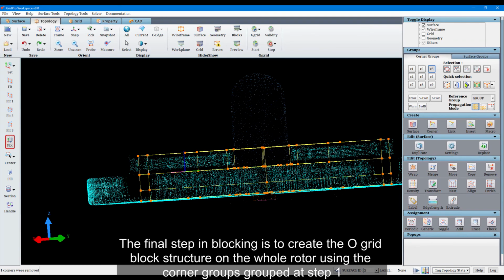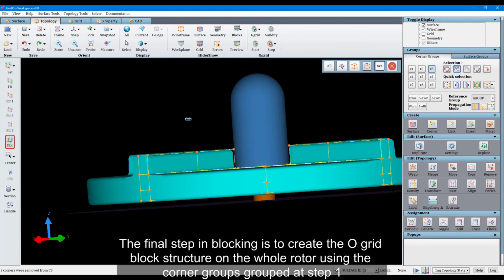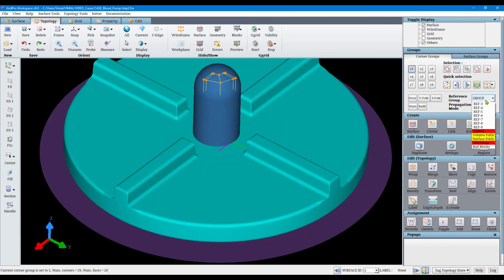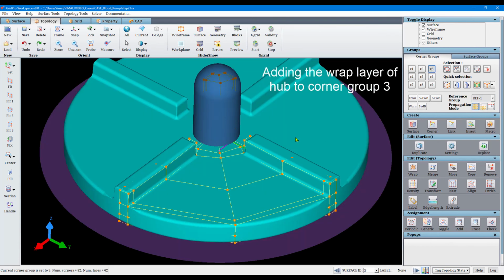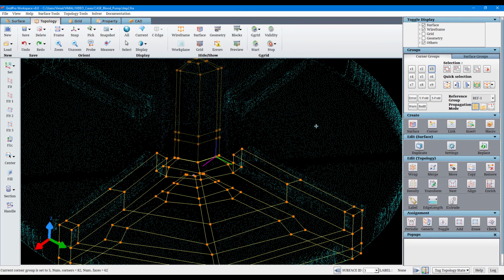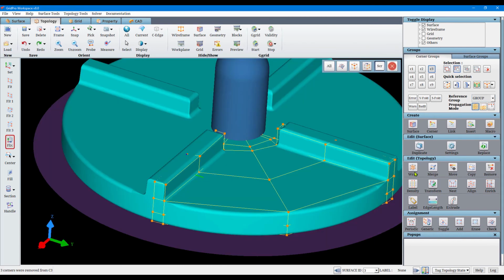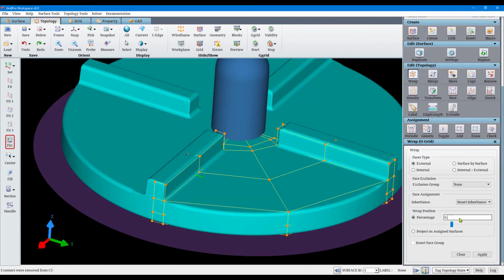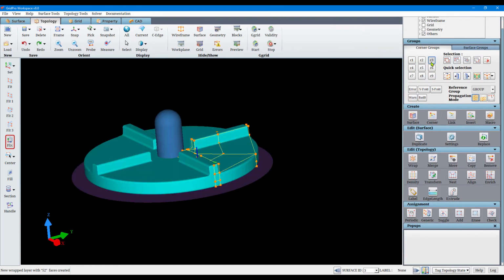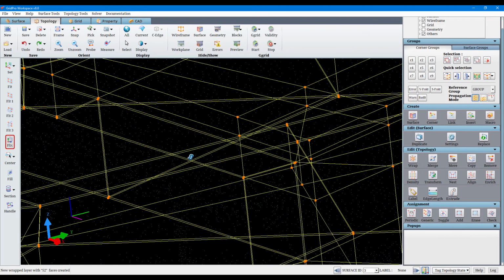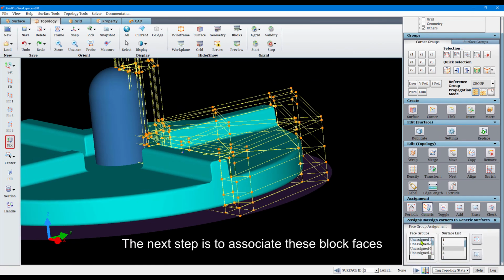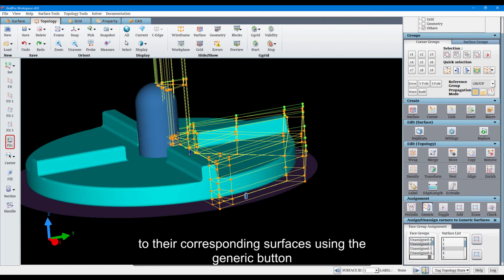The final step in blocking is to create the O-grid block structure on the whole rotor using the corner groups grouped at step 1. The next step is to associate these block faces to their corresponding surfaces using the generic button.